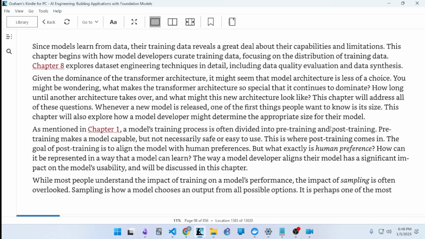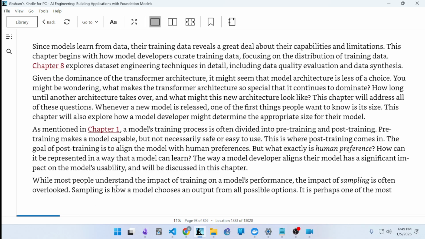The goal of post-training is to align the model with human preferences, but what exactly is human preference? How can it be represented in a way that a model can learn? The way a model developer aligns their model has significant impact on the model's usability and will be discussed in this chapter. While most people understand the impact of training on a model's performance, the impact of sampling is often